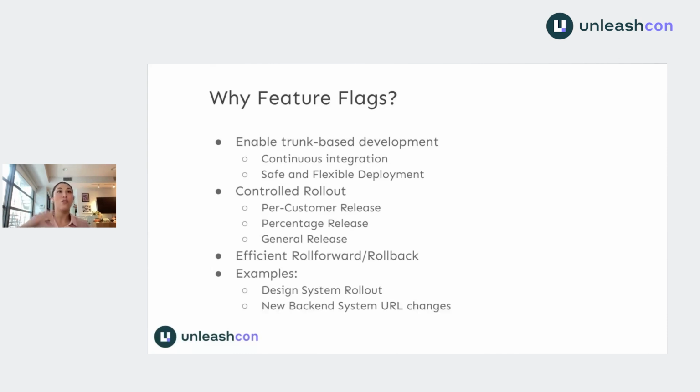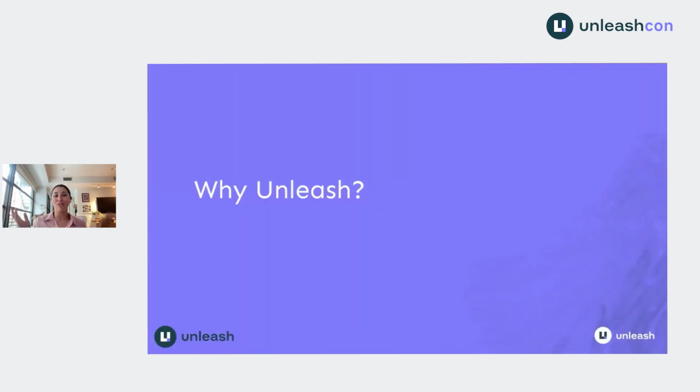Another thing is new backend system URL changes. As our company changes and evolves, our API contracts change, perhaps we increment our patch versions to minor and even major versions. We want to make sure that all of the behavior from the front end is not impacted by those backend changes. So now you understand why we picked feature flags as our strategy of rolling things out,